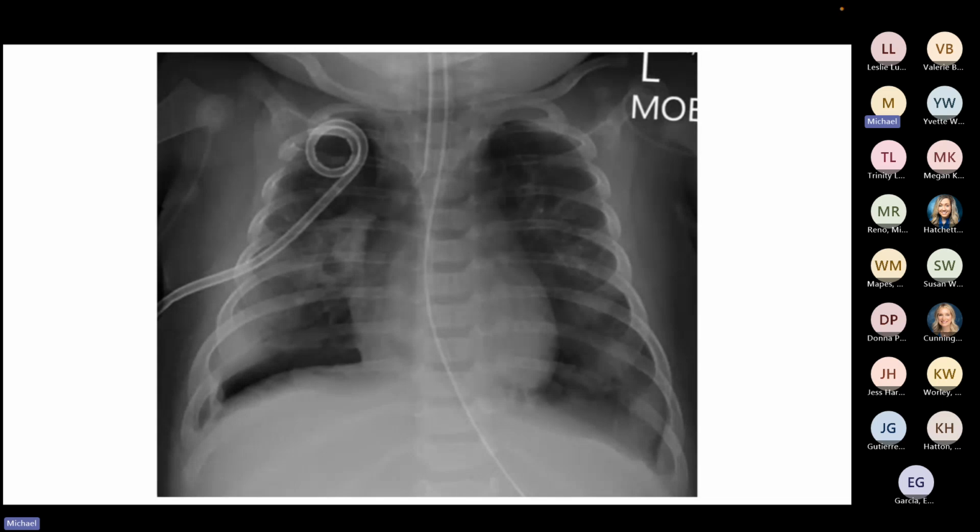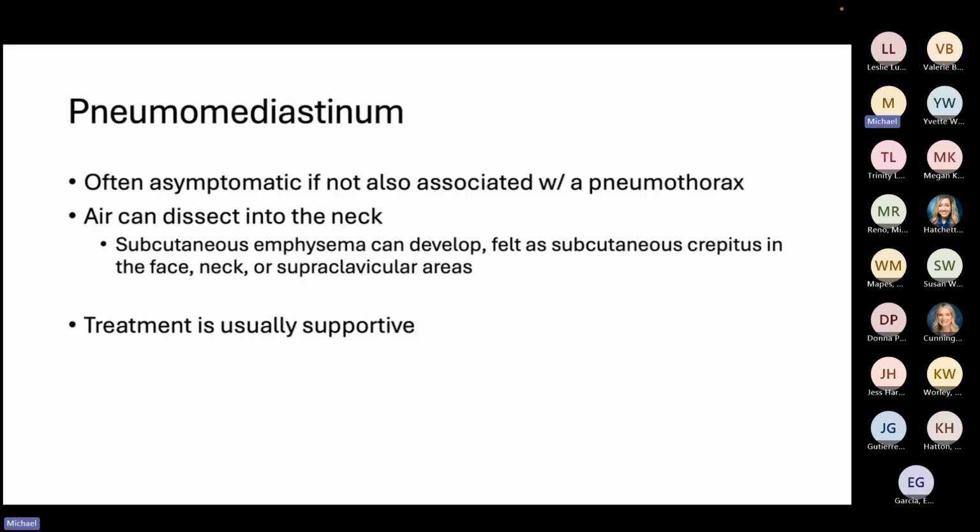The easiest way to see if you're under tension or not is to look at the mediastinum, and in this case, look at the airway, and you can see that the ET tube is running primarily